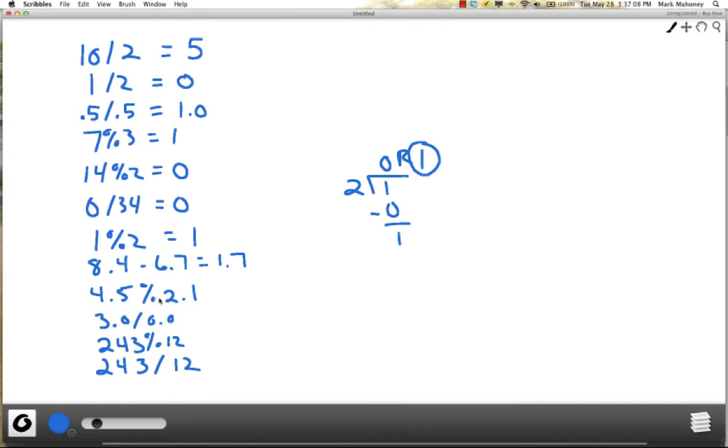That's kind of a trick. Okay, mod only works with integers, so this is a trick question. Another trick question: 3.0 divided by 0.0. Well, you can't divide by 0. Humans can't do it, computers can't do it, it doesn't make sense. So there's no value for that one either. 243 mod 12. Let's see, I think 12 goes into 243 20 times with a remainder of 3. So we have 3 there for the mod, and the quotient, 243 divided by 12, in this case would be